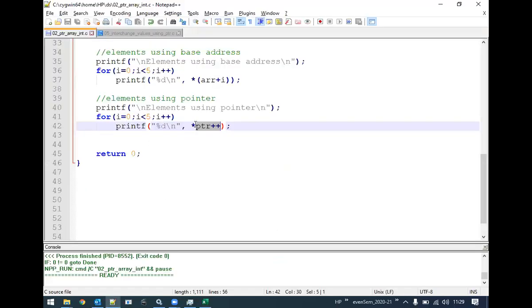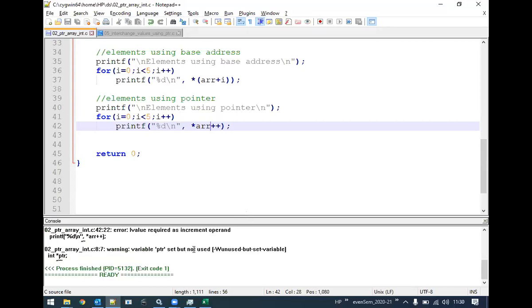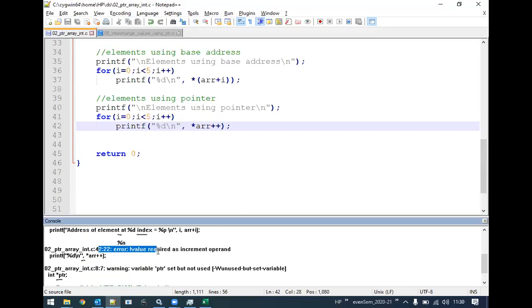What is the advantage? If you notice here, we are modifying this PTR value. But if we try to do the same thing with the base address, if I write ARR instead of this PTR, it will give me a compilation error. Look here, when I compile this program, I get an error: L value required as an increment operand.